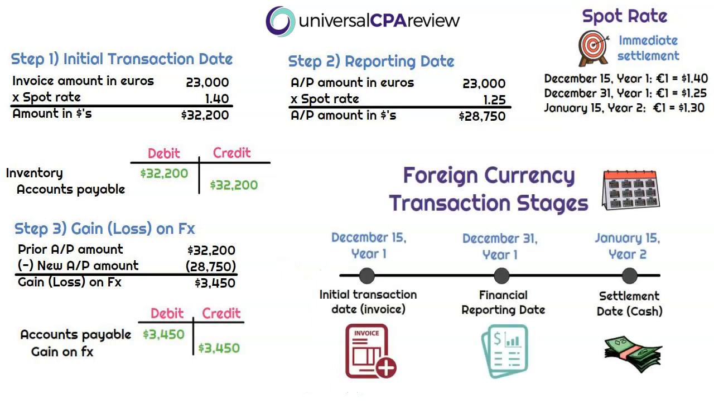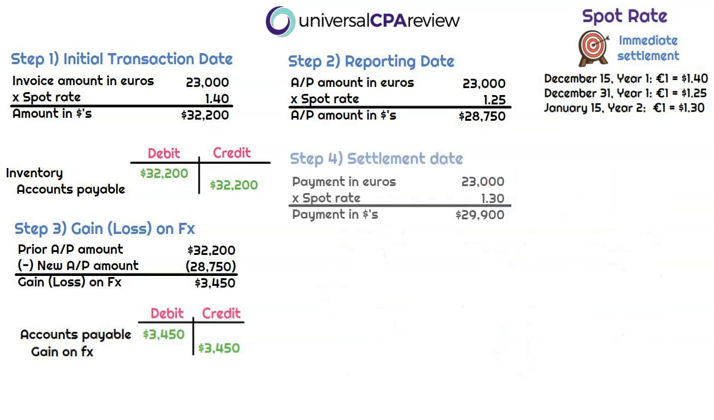So when you see a scenario that has a reporting date in between the invoice date and the settlement date, we're going to have to perform that step. But if there isn't one, we can move straight to the settlement date, which we're going to talk about here in step 4. So now we're on the date that Joey's Pizza is actually paying this invoice. And again, we use the spot rate, and this time 1 euro is equal to $1.30. So we again multiply the 23,000 euro invoice by 1.3, and that tells us Joey's Pizza actually made a payment in dollars of